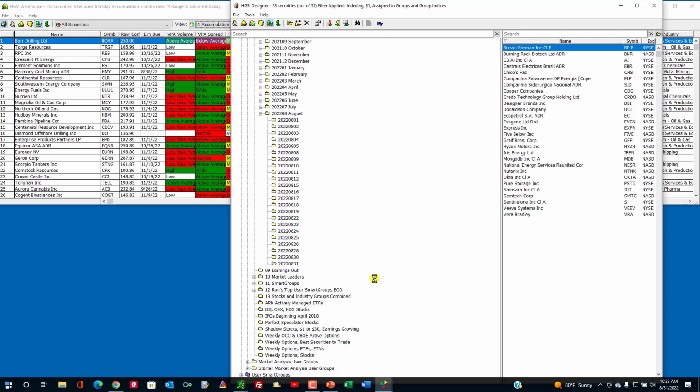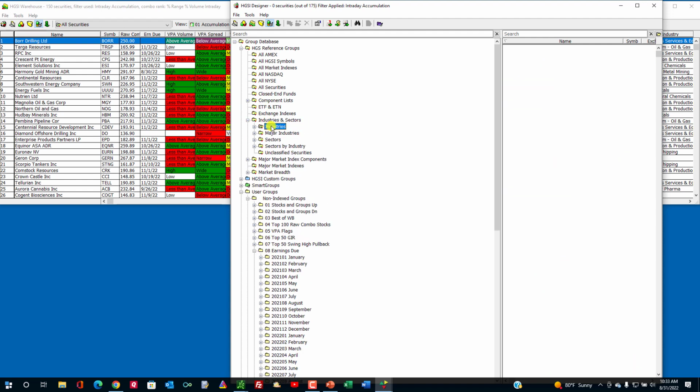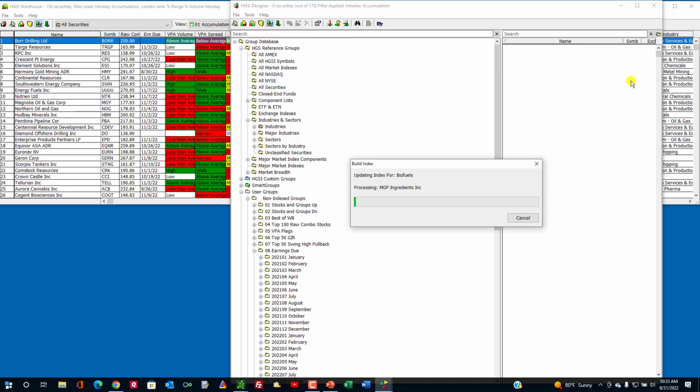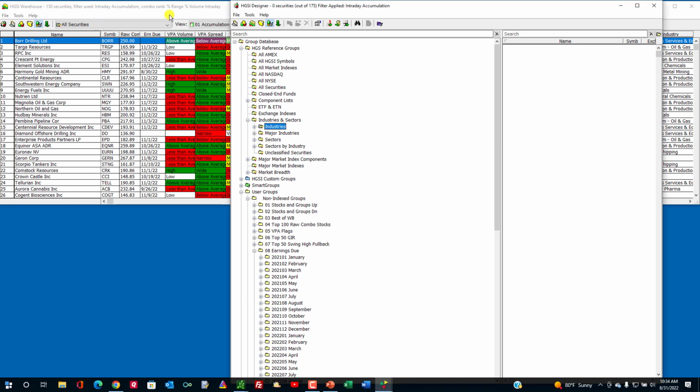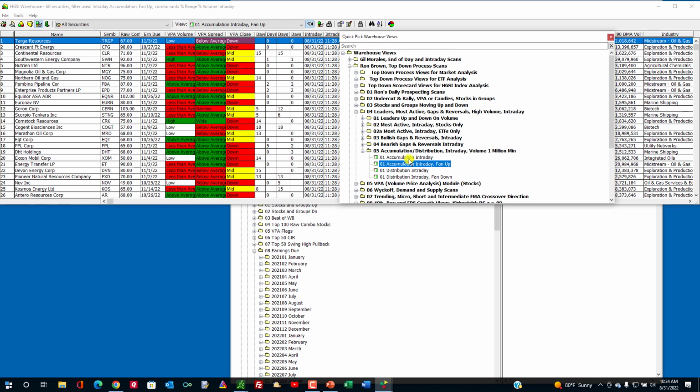But before I do that, I want to go in here and go to my industries, select industries, and rebuild indexes and groups. What I'm doing is I'm rebuilding the HGSI industry groups with current data, which is being updated by thinkorswim. As I've said before, this is an older, slower computer, and it still moves right along on this. Okay, it's finished. I'm not going to go to the industry groups, but I am going to go to the